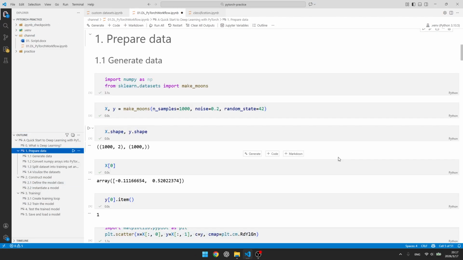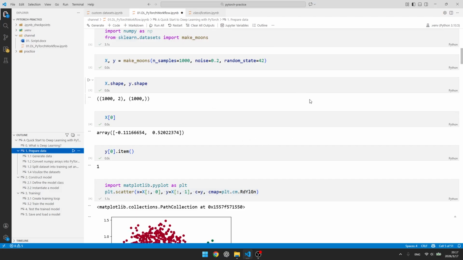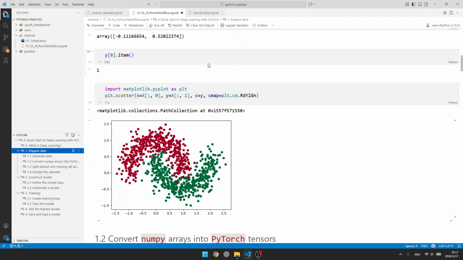The first step is preparing our dataset. We generate our dataset using the Scikit-learn package, which is pretty popular and commonly used. But for now, I think you can just ignore this code because this is not the main idea of deep learning. Anyway, let's just look at our dataset.